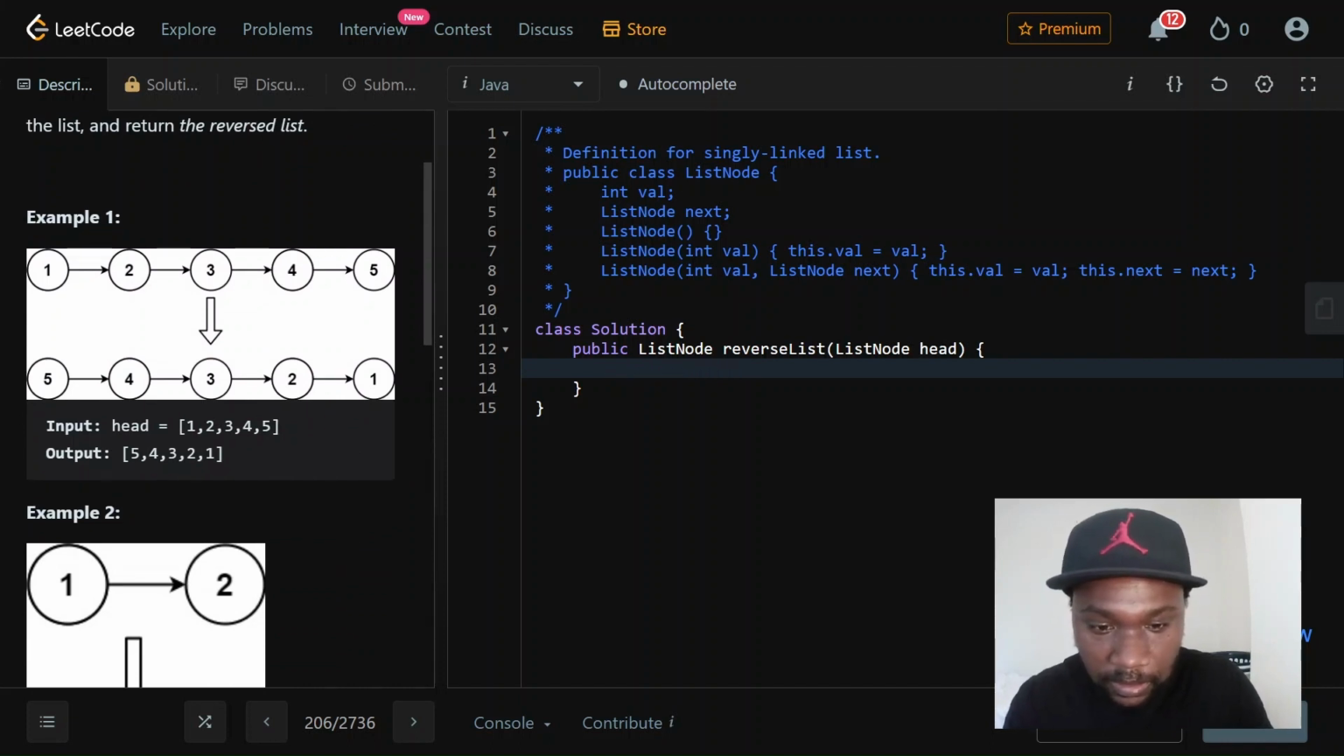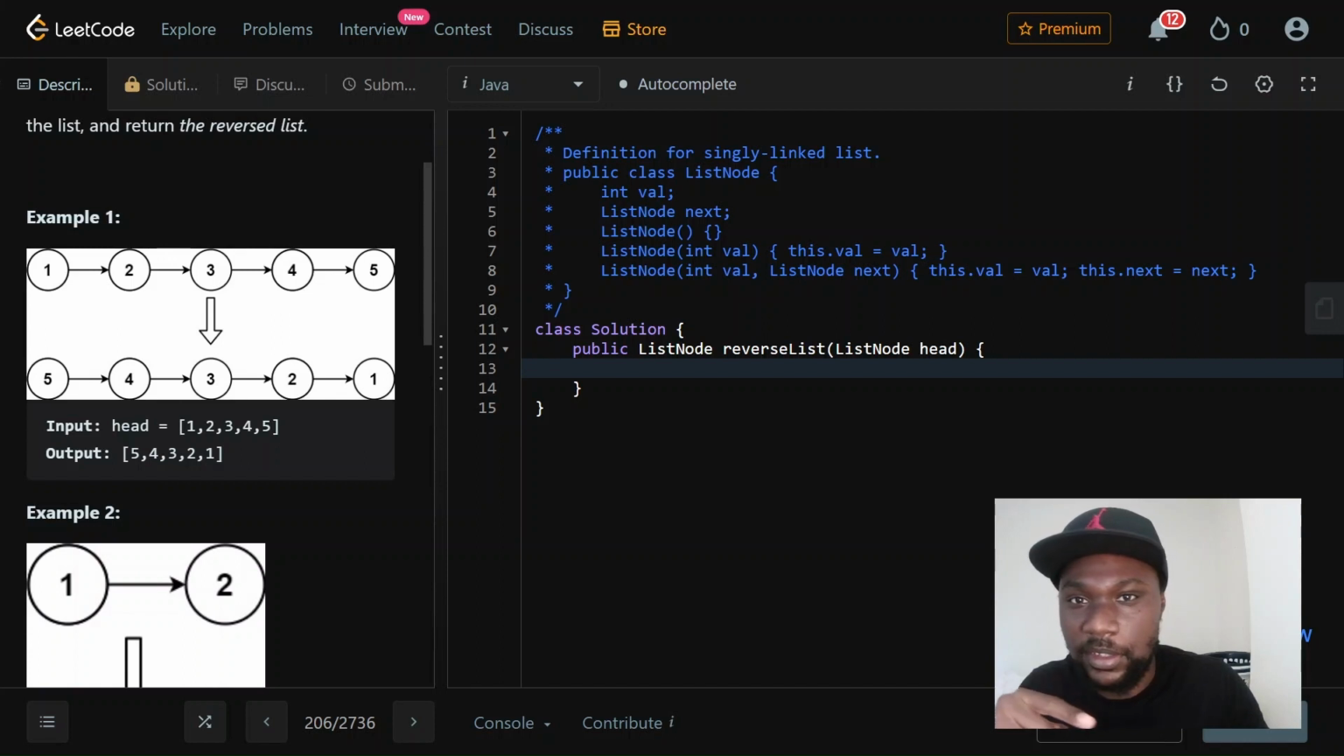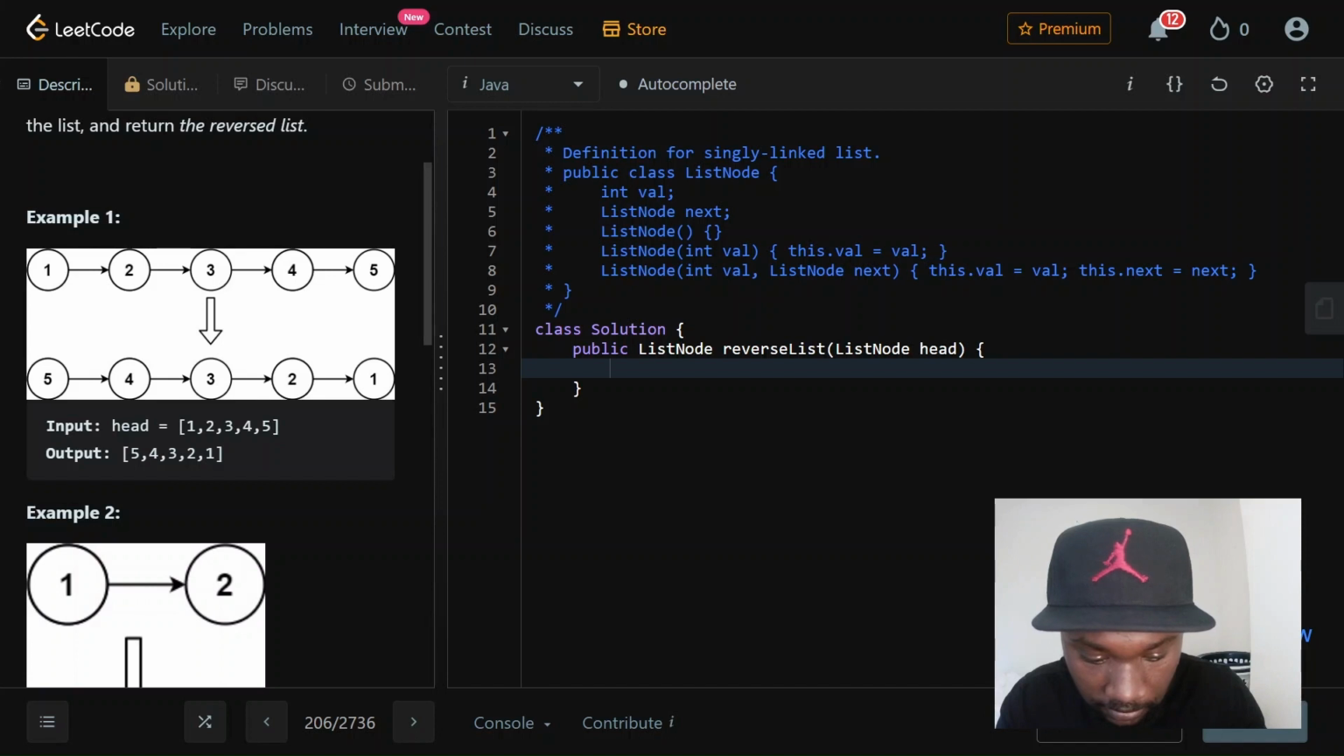So what we're going to do is use the pointers to point backwards in the list, and then refer to that pointer, and so on until the whole list is reversed. So list node is now